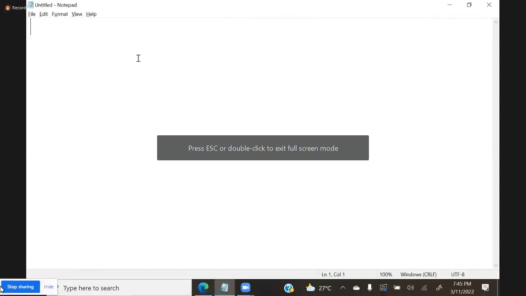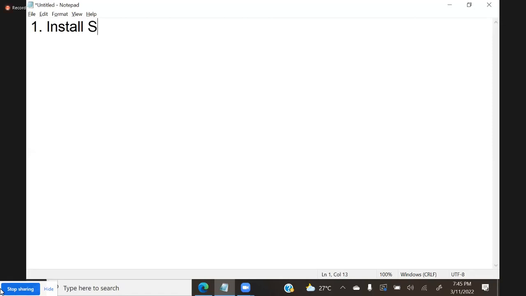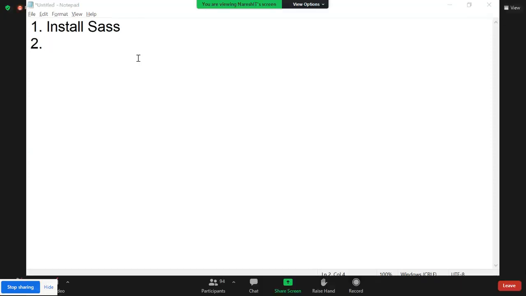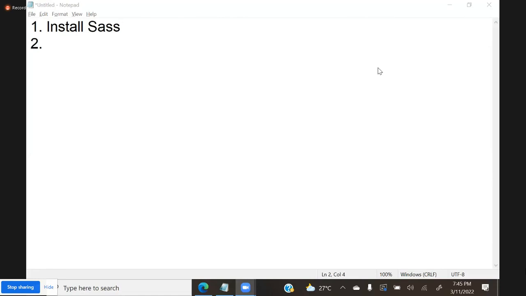What are the steps? We need to first install SASS. After installing SASS, you have to make sure you create a .scss file. Then go to the location where you created that SCSS file. There, we have to write